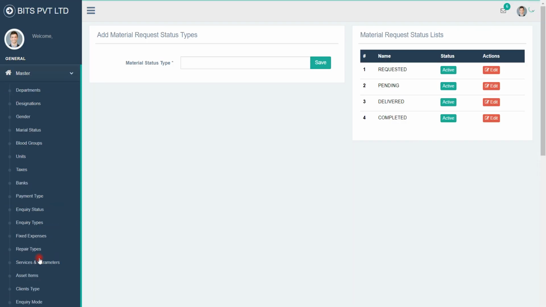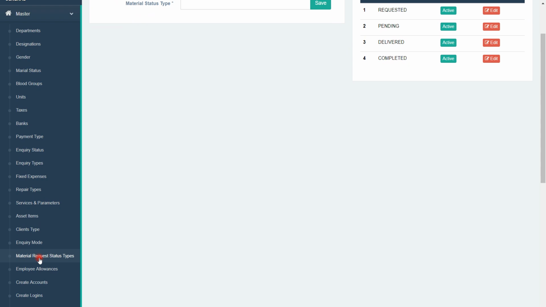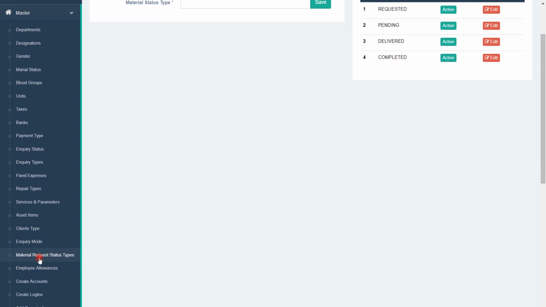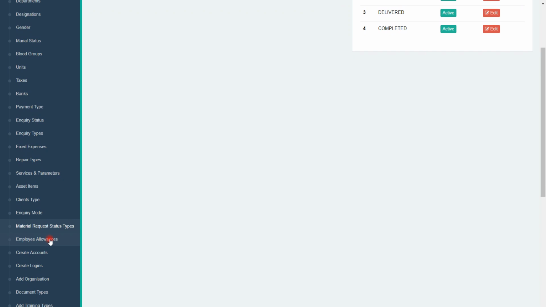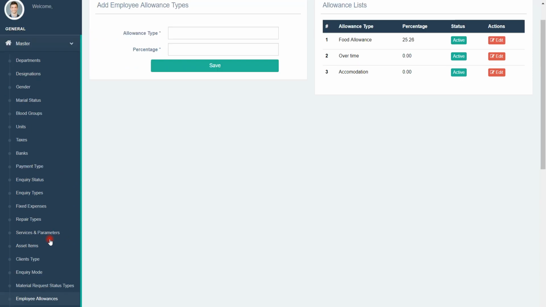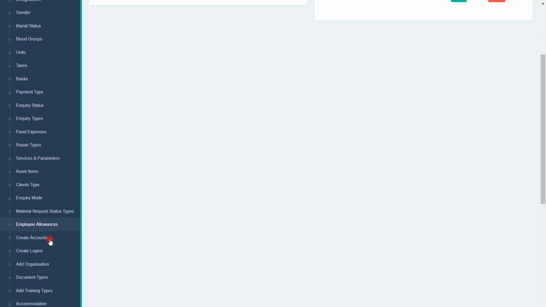And material request, like what type of requesting status, material requesting status, whether it is a requested state, or whether it is completed, whether it is pending, justifying the status of the material, those details will be listed here. Employee allowances, whatever allowances we are providing to the employees, all data will be listed here, with the percentages of the allowances. Creating an account,